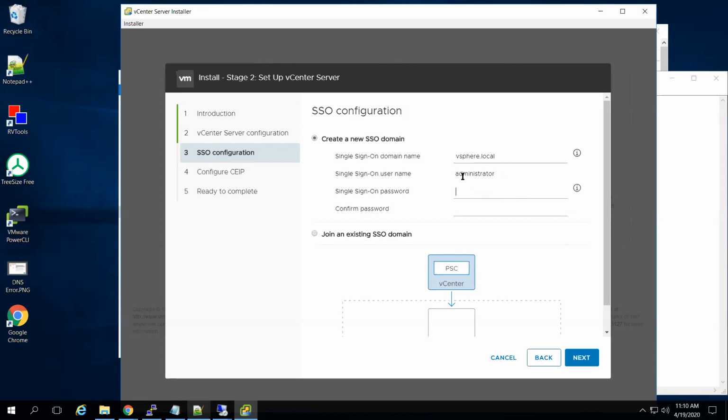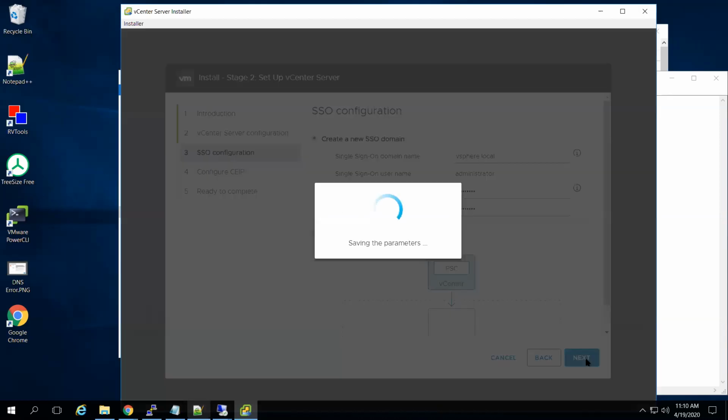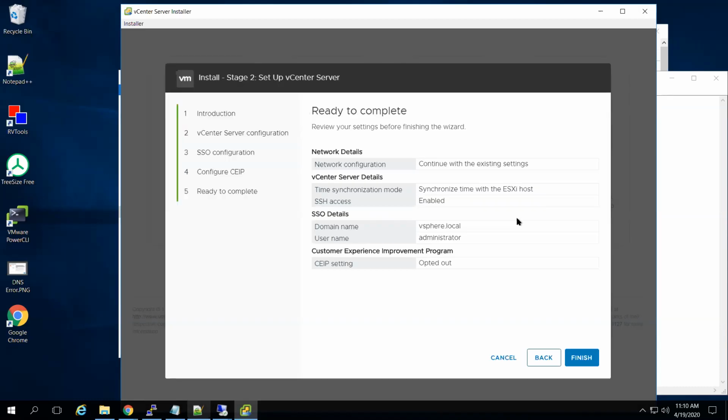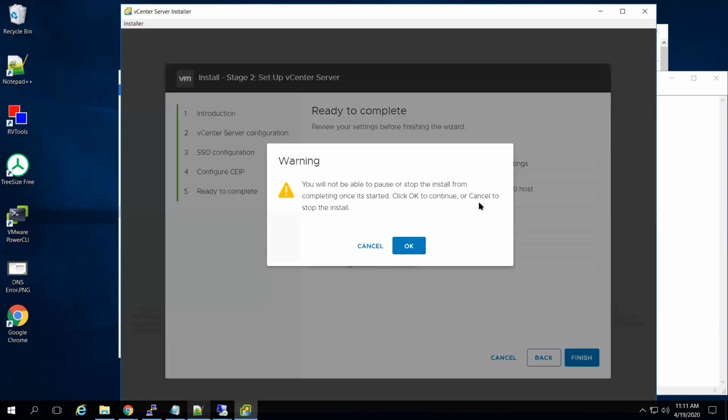And the SSO credential, administrator at vSphere.local, would be whatever you set. Let me set my credential and click on next. Let me uncheck this as it's not required in a test environment, and next. And I will click on finish.